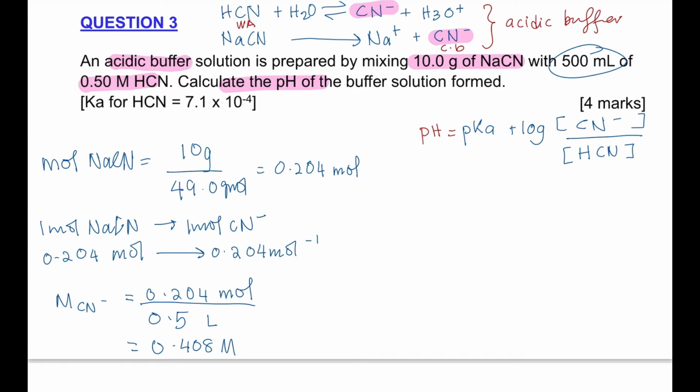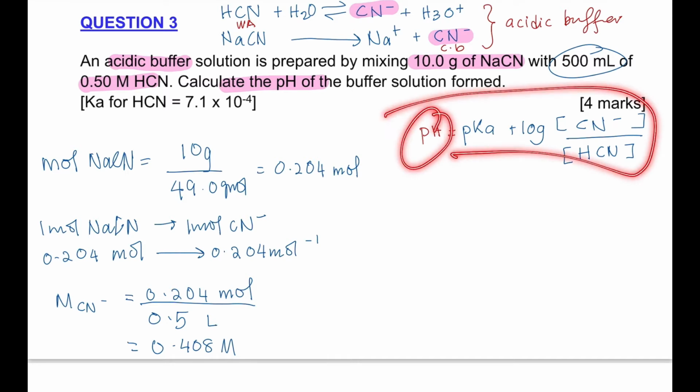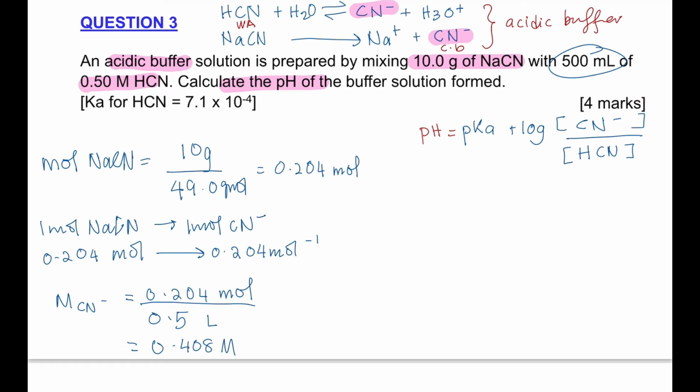Okay, now substitute. Because this is the pH for an acidic buffer, we need to use the Henderson-Hasselbalch equation. We cannot use the negative log of the hydronium ion concentration. Okay, pKa is negative log Ka, 7.1 exponent negative 4, plus log of the salt that we calculated here, 0.408, over the concentration of the weak acid, given as 0.5 molar. So finally the pH is